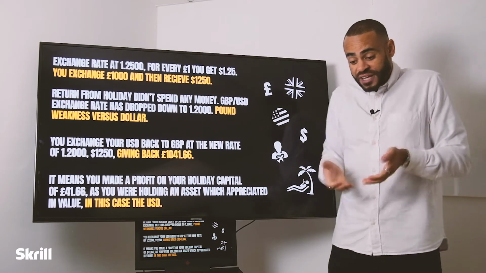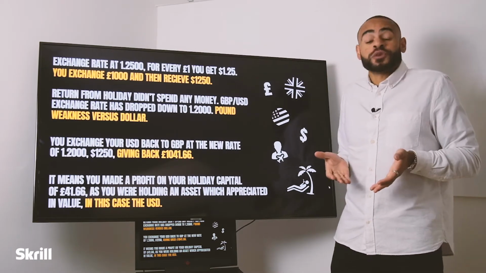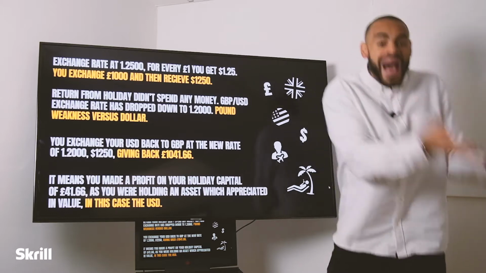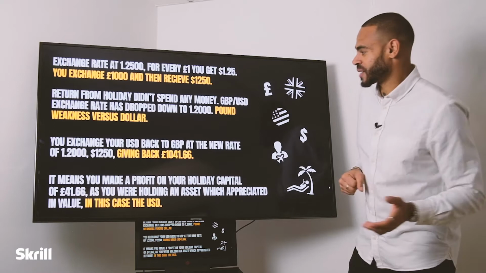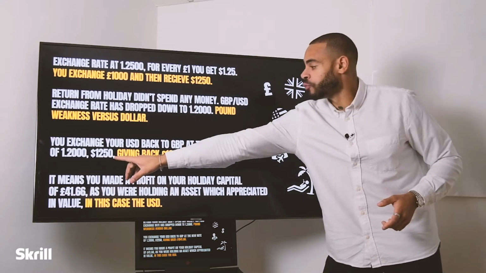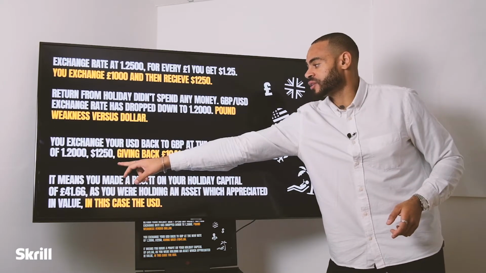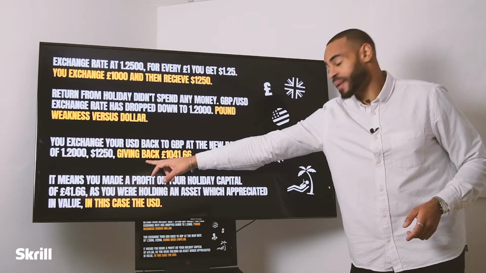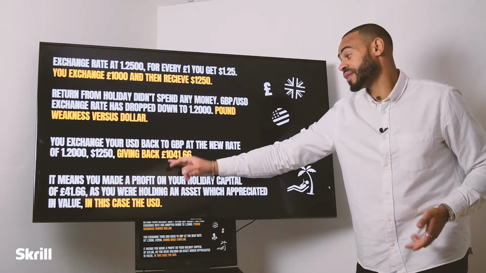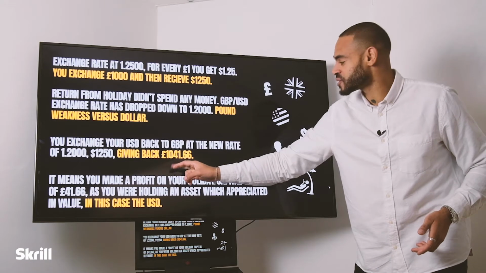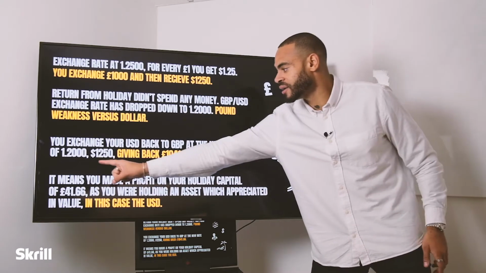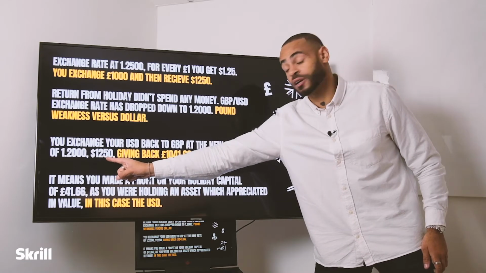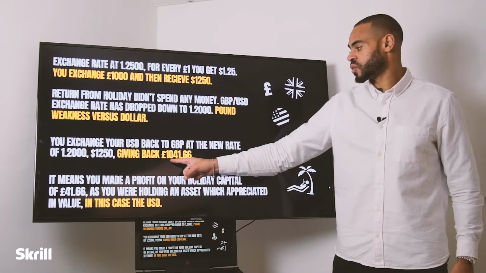So you then exchange the dollars that you've got, the $1,250. You give that back to the exchange bureau, right? To get pounds, right? Because you've returned back to the UK with a new rate of 1.20. So $1,250. When you convert that back to pounds, that gives you a pound value of £1,041.66. So what we do to get that is just divide: $1,250 divided by 1.20 gives us this figure here,